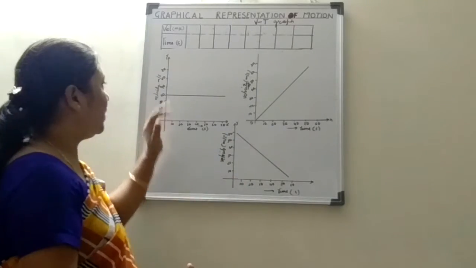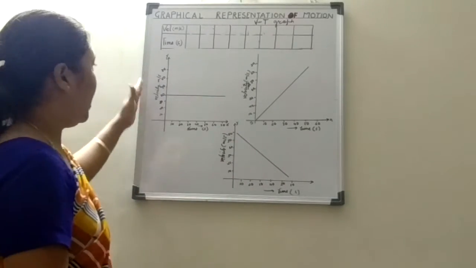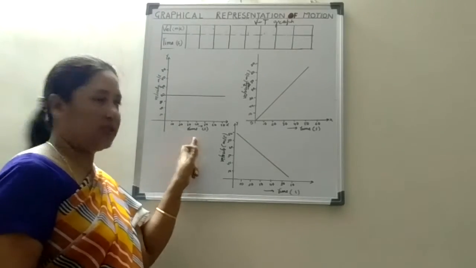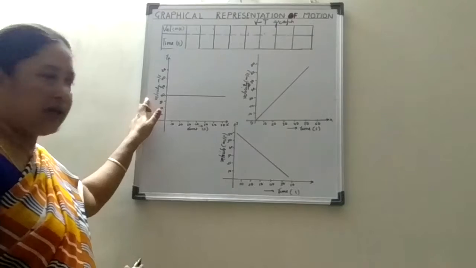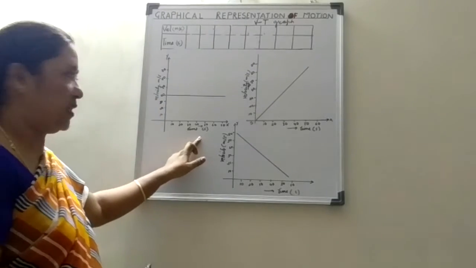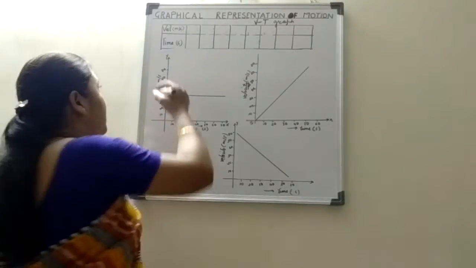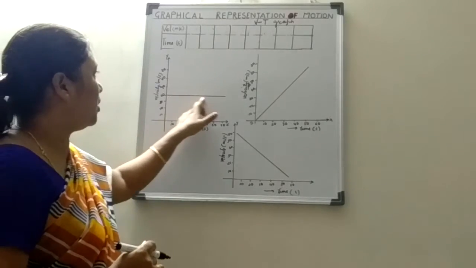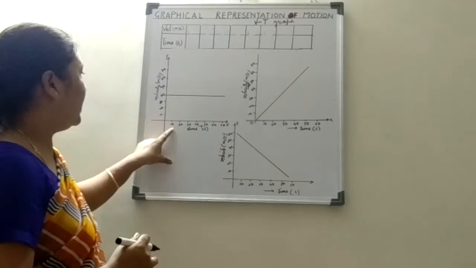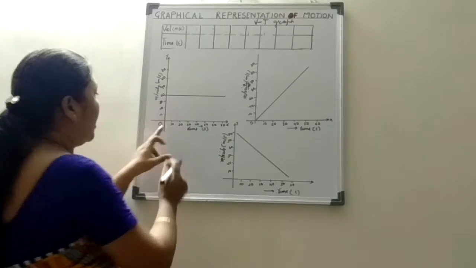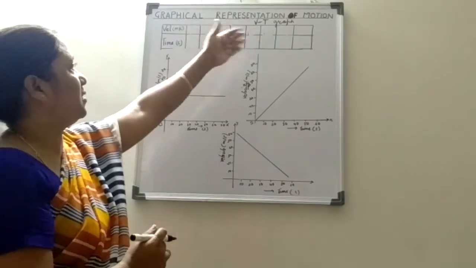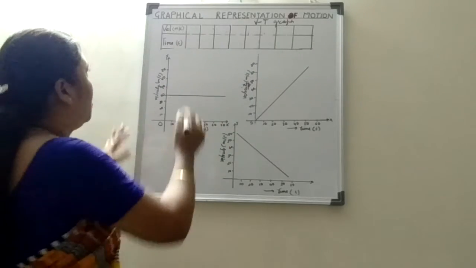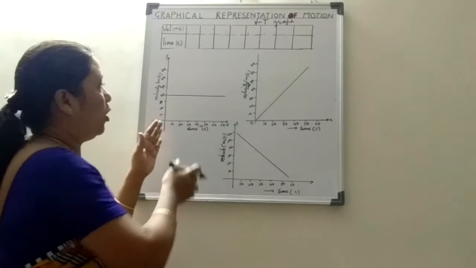Okay. So the first graph is this one. Here I have taken velocity on the y-axis and time on the x-axis. Velocity is always plotted on the y-axis and time on the x-axis. The SI unit of velocity is meter per second and of time is second. So here I have drawn a straight line. What does this mean? In every 10 seconds we will get different data, and we will see the different scenarios of how we can plot the graph.